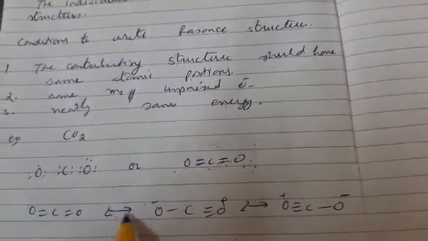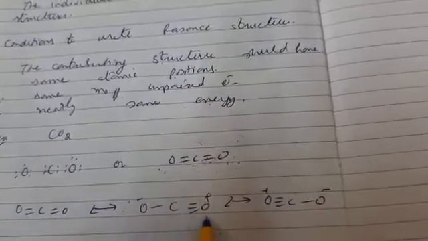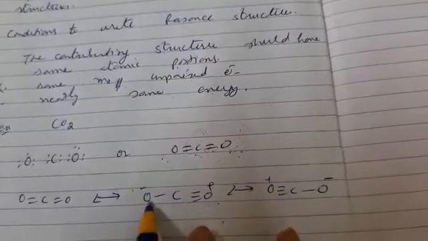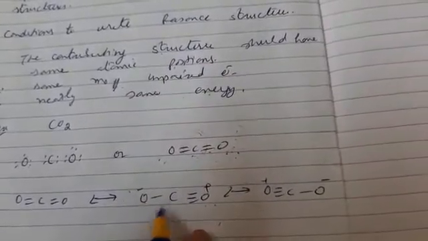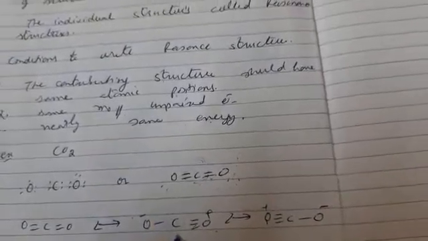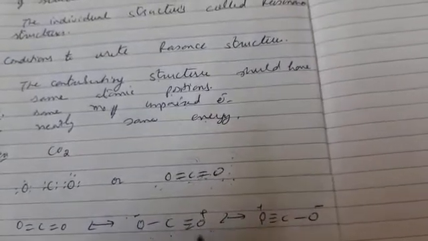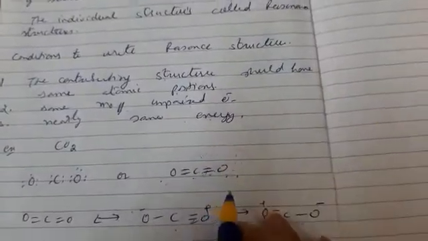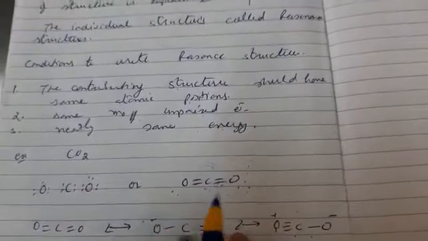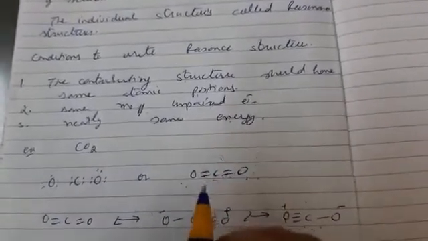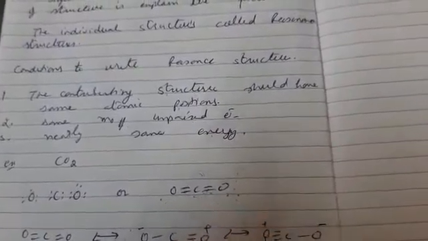These different structures can be made like this, with a double bond, or represented with the double head arrow. It means a triple bond with this oxygen or a single bond with this oxygen. 3 electrons are shared with this oxygen and 8 are present around this oxygen, and the octet is completed. If we consider these single structures by interchanging the triple bond and single bond, none of these structures is able to explain the properties. So individual resonance structures are made, which together are able to explain all the properties of some molecules.